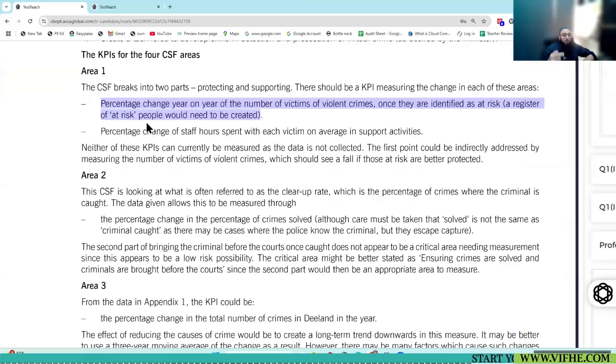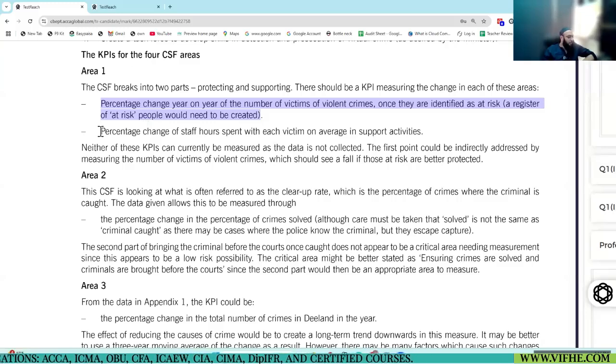So what he said was the percentage change in the number of victims of violent crimes. Once we identify the number of violent crimes, once we identify the victims, then we can see how much percentage change there has been. Maybe it has gone up, down. So this is how you can identify the protection and support. Protection mainly.